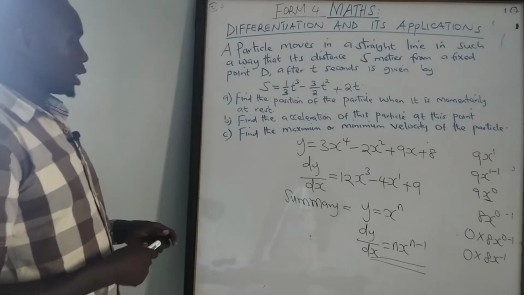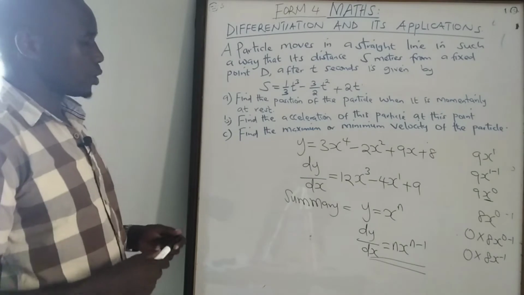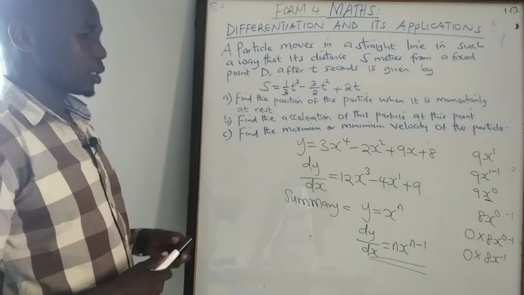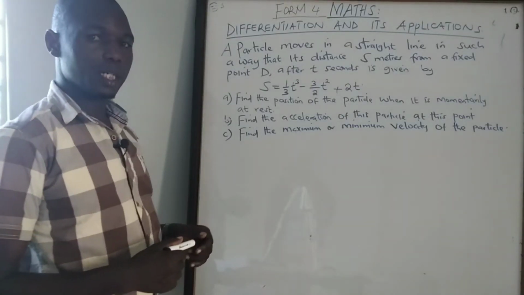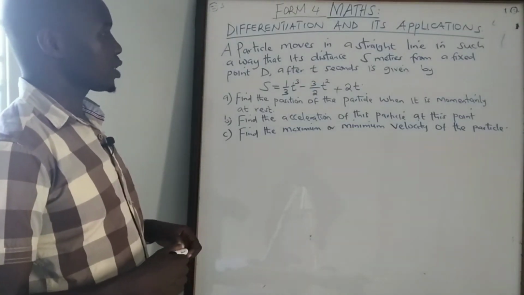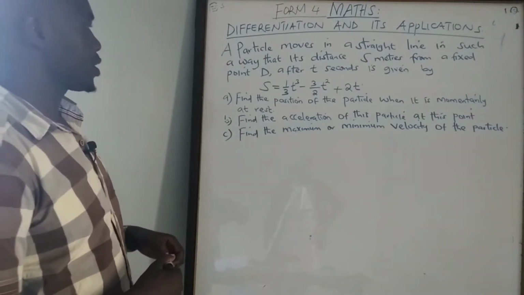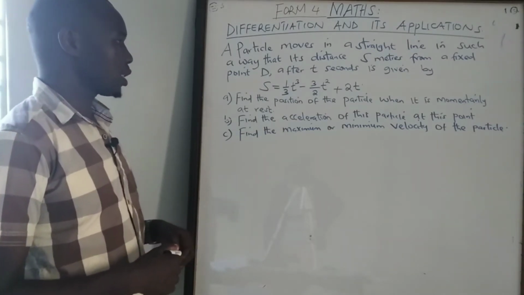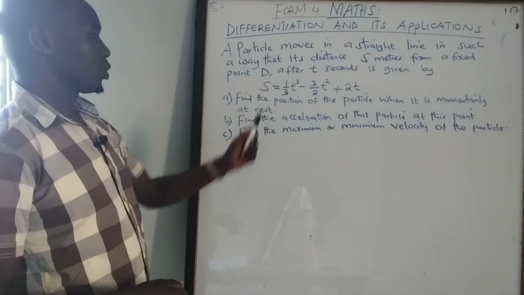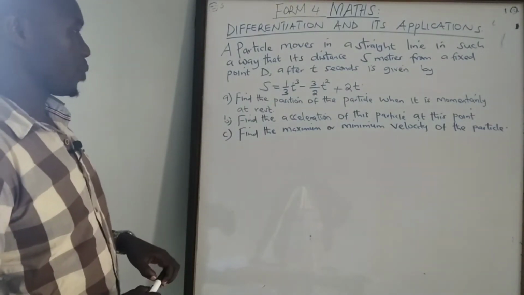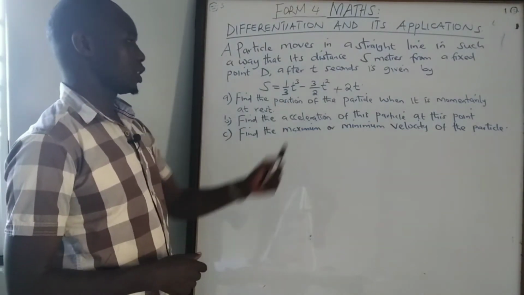Now, let us take a question under differentiation so that we can learn how to apply this knowledge on this topic. Let us go through this question under differentiation. A particle moves in a straight line in such a way that its distance s meters from a fixed point D after t seconds is given by, this is our distance or displacement, which is a third t^3 minus 3 over 2 t squared